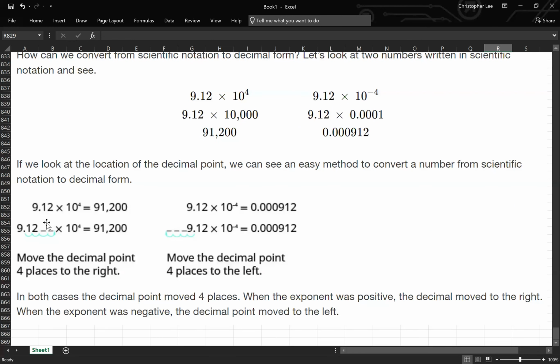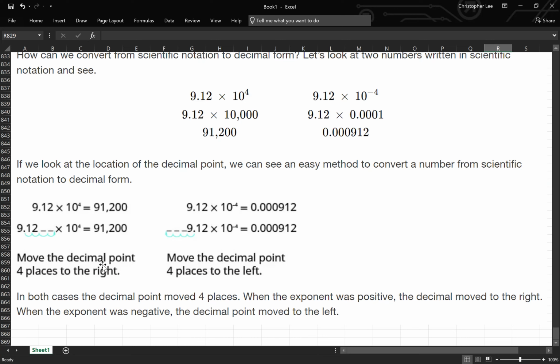So look, 9.12 times 10 to the fourth is equal to 91,200. Start off with the 9.12, right? Move it over that number of decimal places, 1, 2, 3, 4. And that's how you get the 91,200. Same thing with the other side, right? I have the 9.12. I want to multiply that by 10 to the negative 4 power. Just move the decimal place over to the left 4 spots, 1, 2, 3, 4, and you get